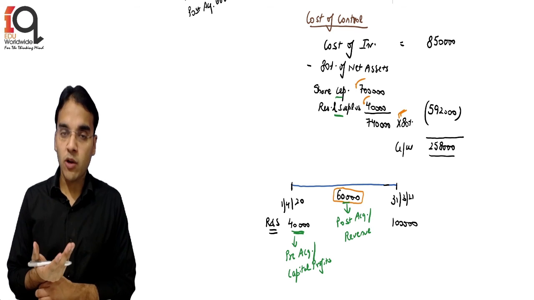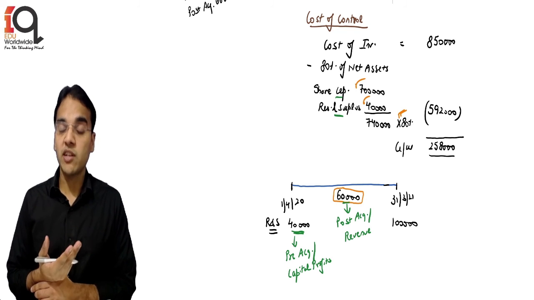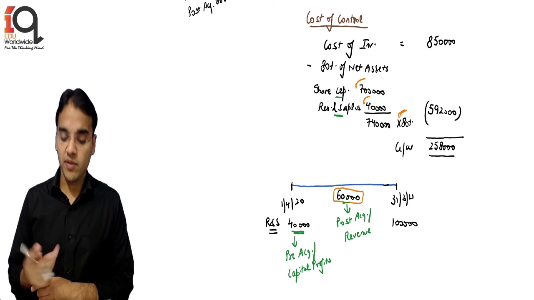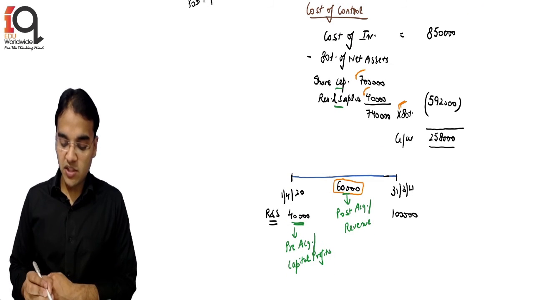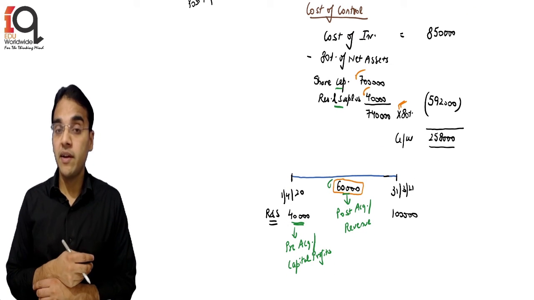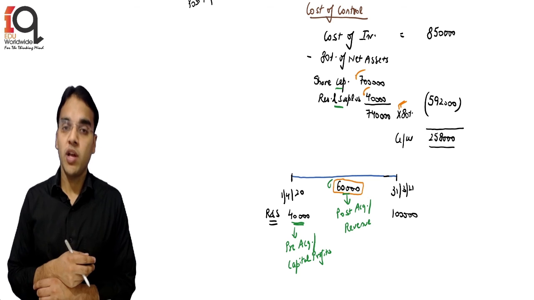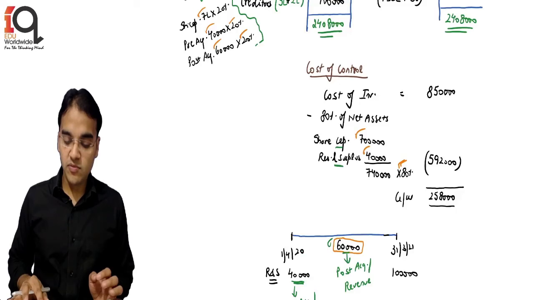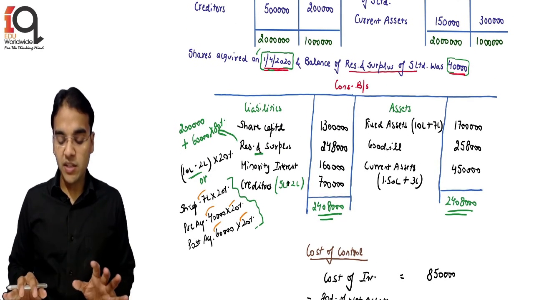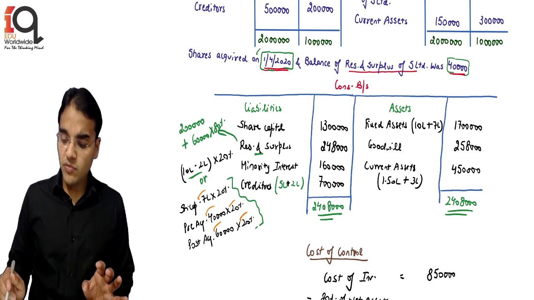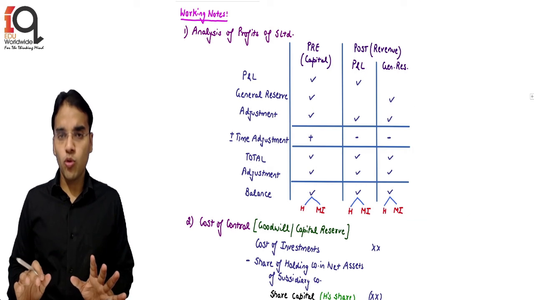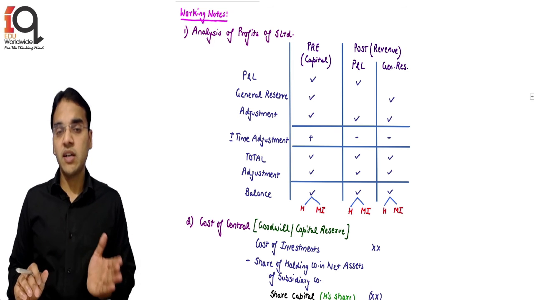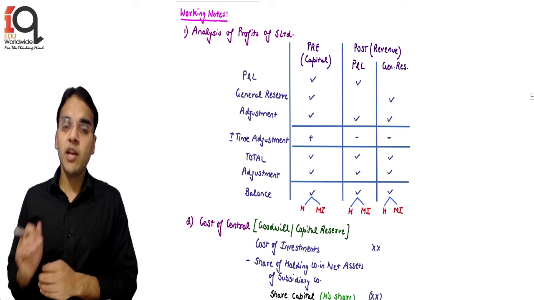Pre means acquisition, the profits till the date of acquisition, as on the date of acquisition, are also known as capital profits. Post acquisition are known as the revenue profits, and the 80% share in these profits will be added in the profits of the holding company, and then we can obviously do the consolidation part, student. So with this we are able to make our balance sheet also in this particular case. Now I'm just making you go through these working notes once, then again in the next video when we understand the other things as well, I will explain this.